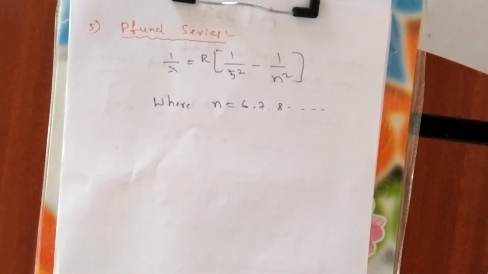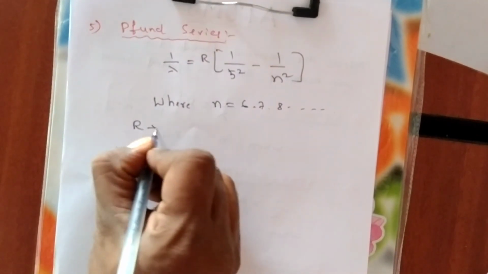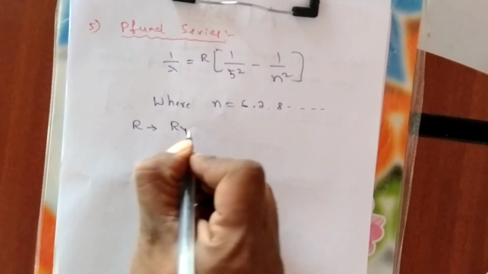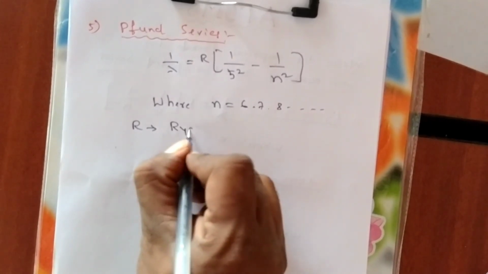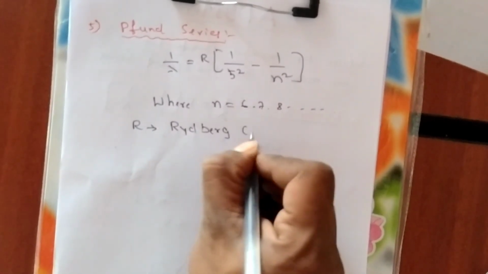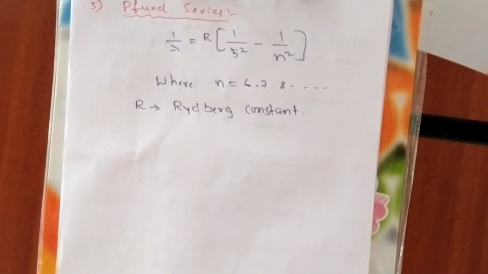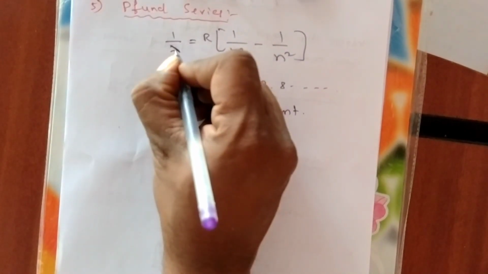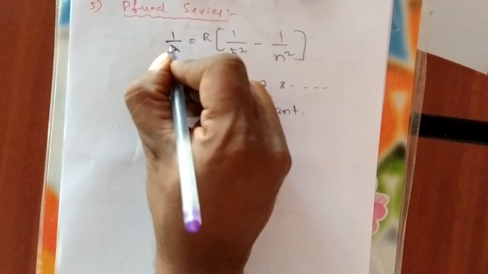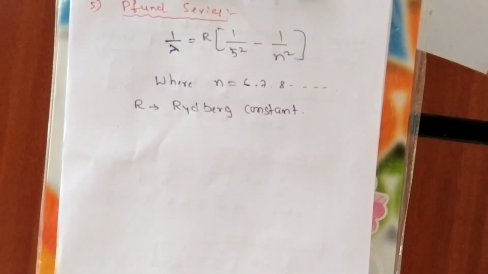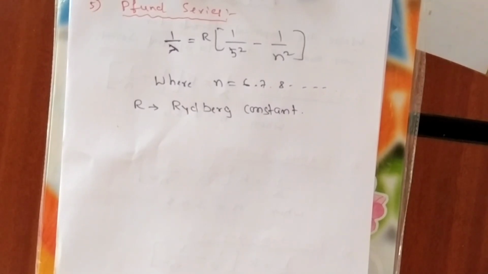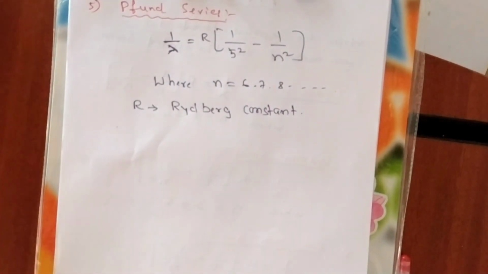Here R we call the Rydberg constant. You have already studied about this in first year. Lambda is called the wavelength, and 1 divided by lambda you call the wave number, nu bar. The reciprocal of wavelength you call the wave number. Up to here I explained the empirical formula for the five series. The next